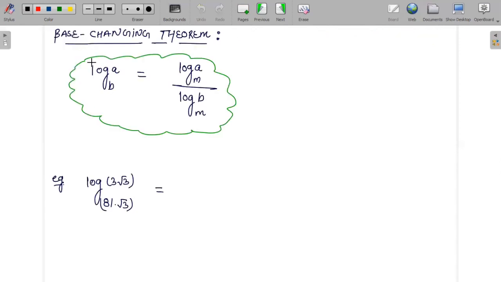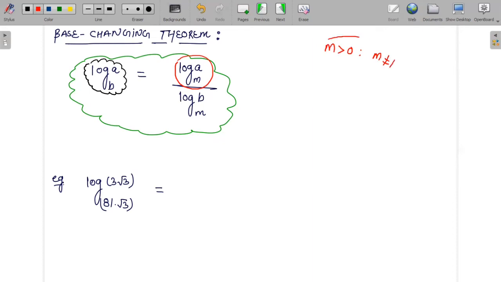That means if I have to find out the value of log a to the base b, then there is another way I can represent this number with some other defined base. Let it be n. I can write log a to the base b in that manner: log a to the base n divided by log b to the base n. Now remember, here you should consider n should be greater than 0. It shouldn't be equal to 1.